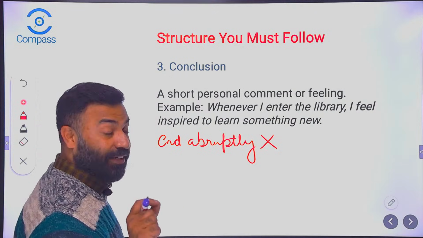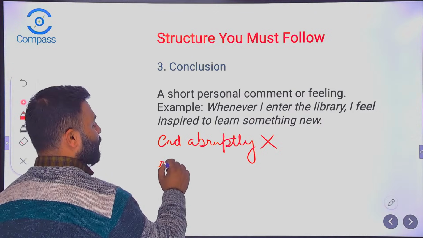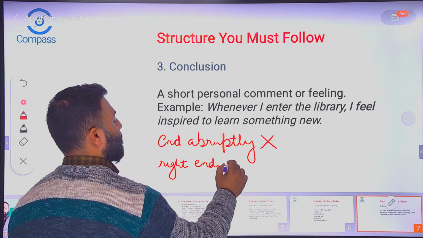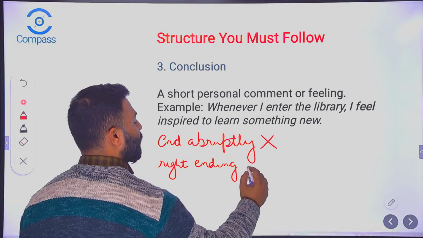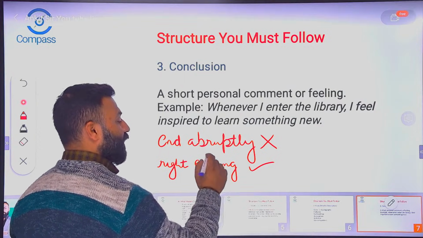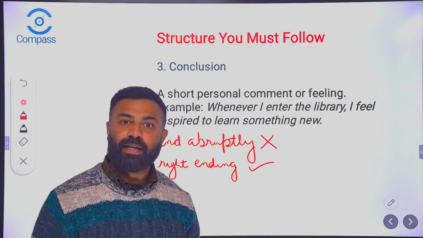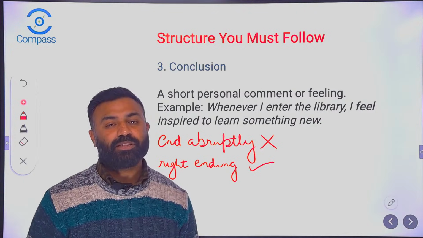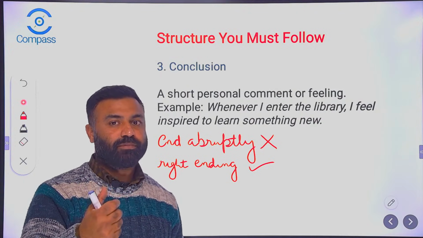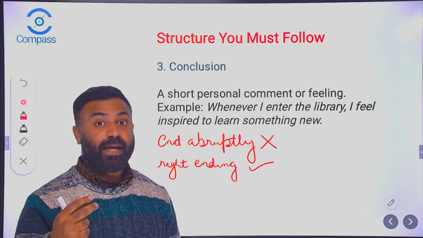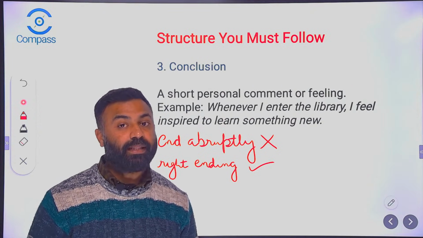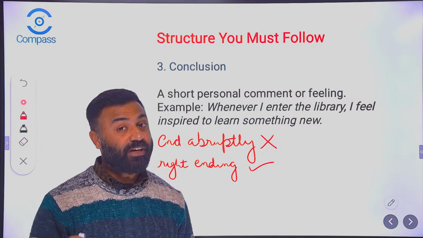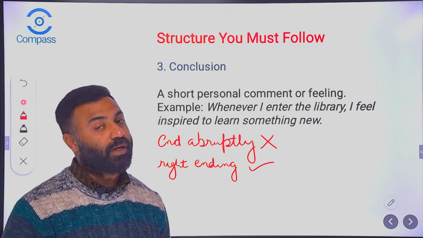So give it the right ending. Right ending is required. Does it have to be lengthy, like 6 to 7 lines? No, 3 lines, 2 lines would be enough. So let's just do a recap. Introduction, 3 to 4 lines. Body having at least 2 to 3 paragraphs, and then the conclusion with just 2 or 3 lines. Then it will look like an essay, a perfect essay, having all the structure.